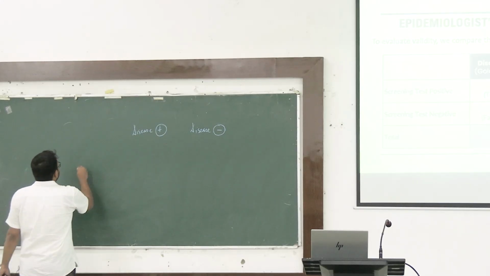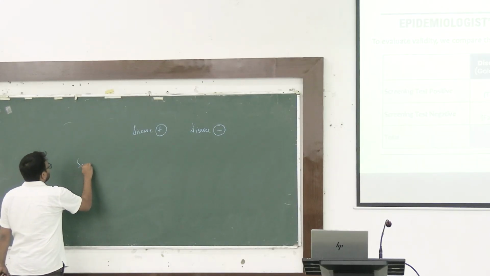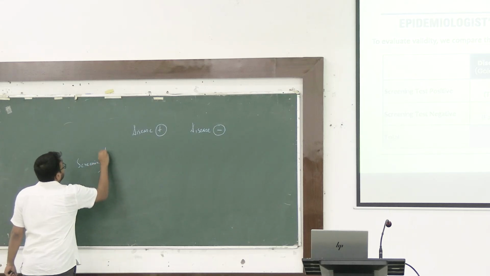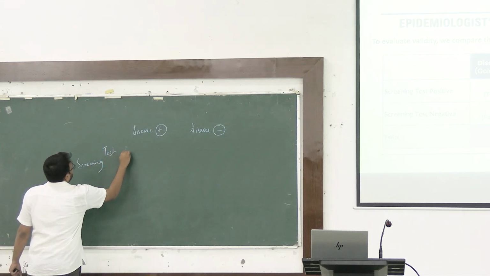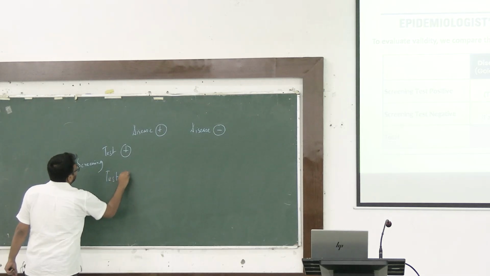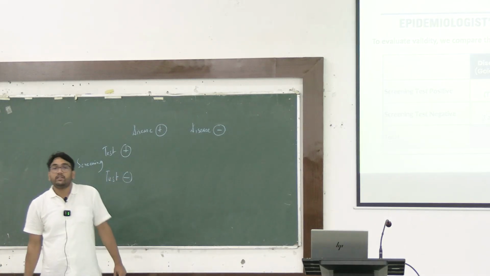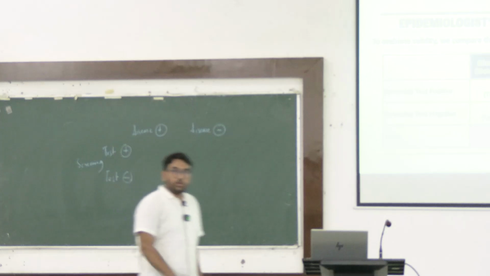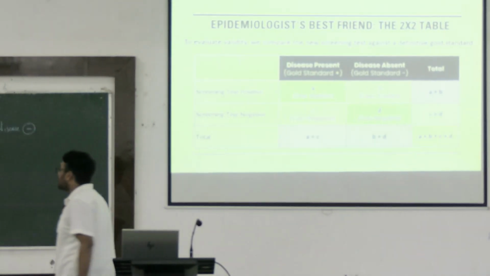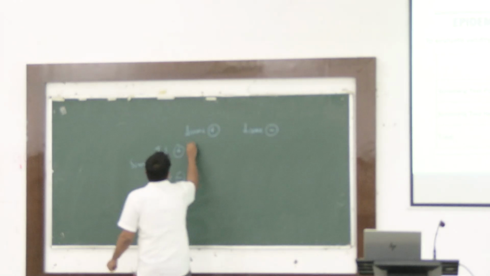And the screening test we always keep in the rows. Okay, the screening test we always keep in the rows and the gold standard we always keep in the columns. So then if I construct my 2x2 table,